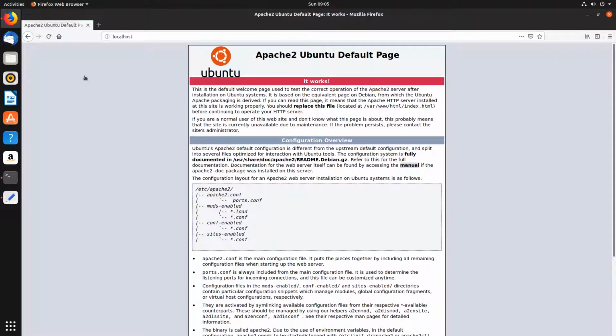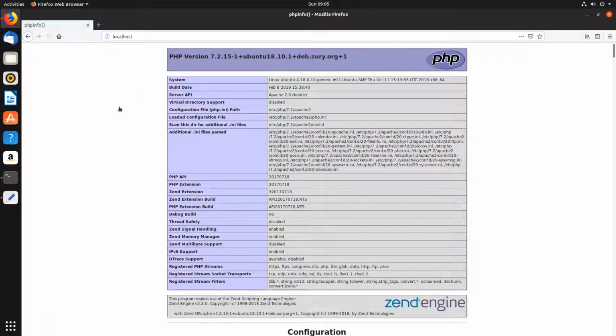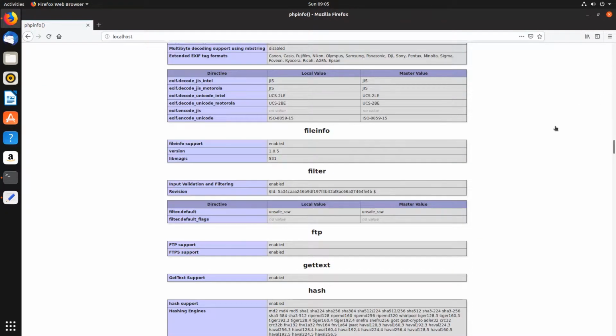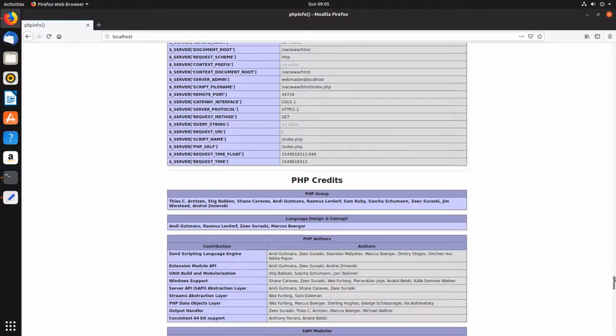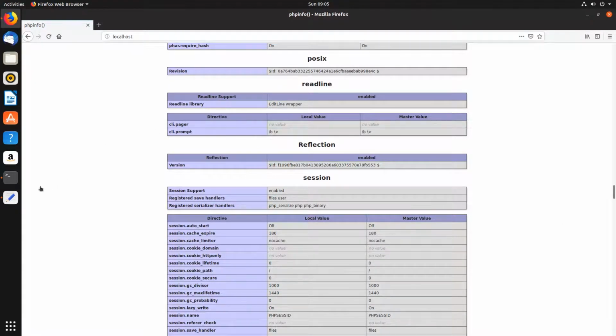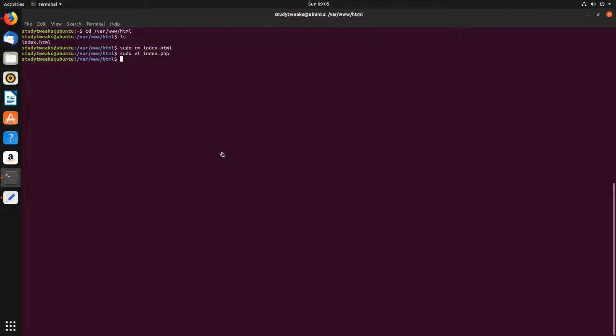We're going to go to this again and restart it. You will be welcomed to this page. So here you can find everything about your PHP, and you can go ahead and read all of this if you want. So now that the PHP is working and running like a Forrest Gump, we are going to install now PHP